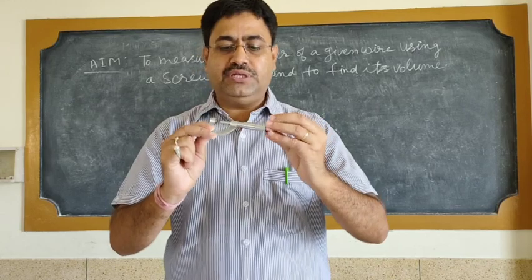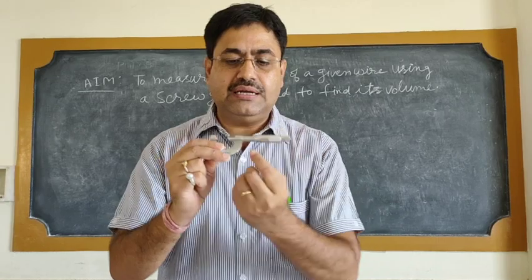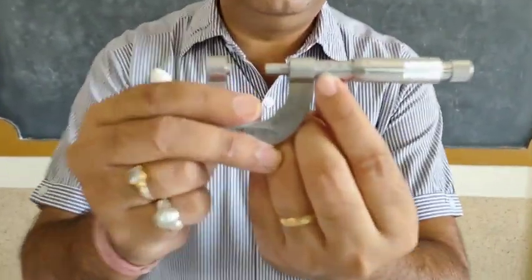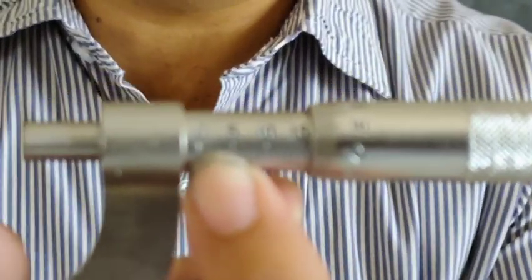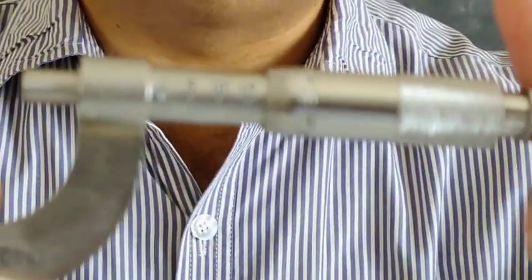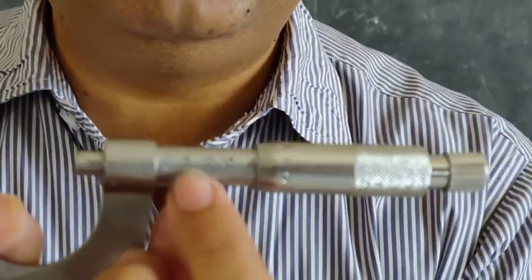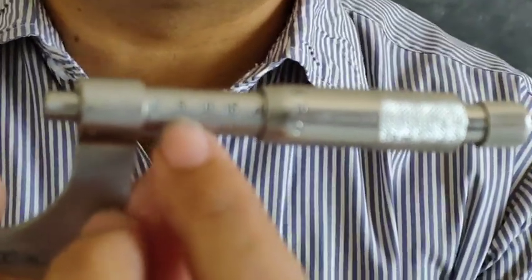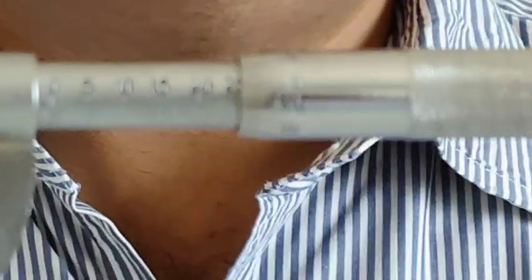If you see on the screw gauge, this is the main scale. देखिए जहाँ पे मेरा फिंगर है, this is the main scale. And this, जो देखो रोटेट कर रहा है बच्चों, this is the circular scale. I think it's clear to everybody. देखिए ध्यान से देखो दोबारा से, this is the main scale and it is also known as the reference line. जहाँ पे मेरा फिंगर है that is the reference line. And it is rotating, it is the circular scale. I think clear to everybody. This is the main scale and this is the circular scale.